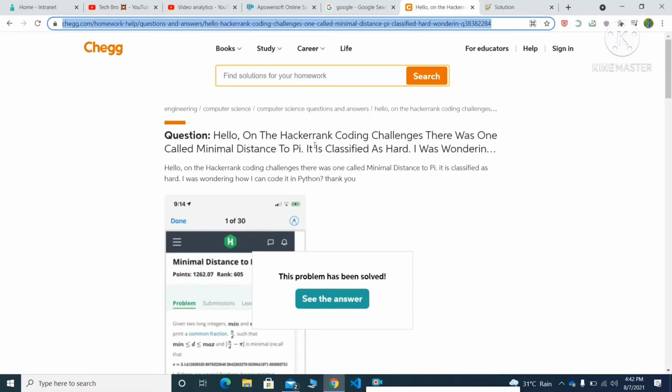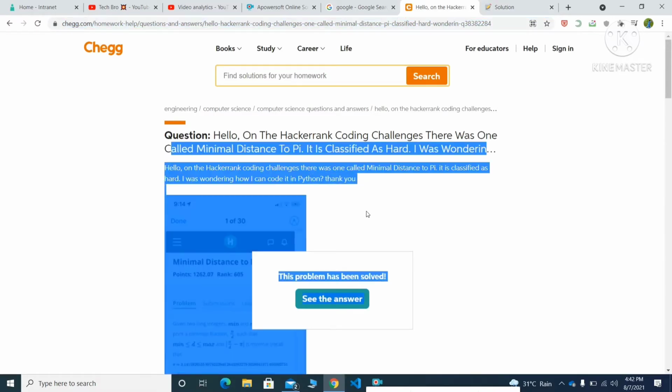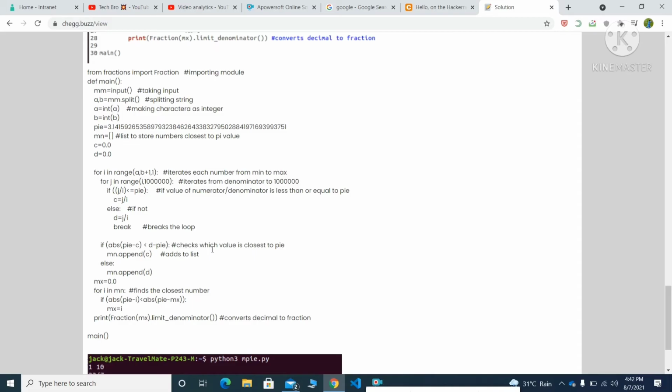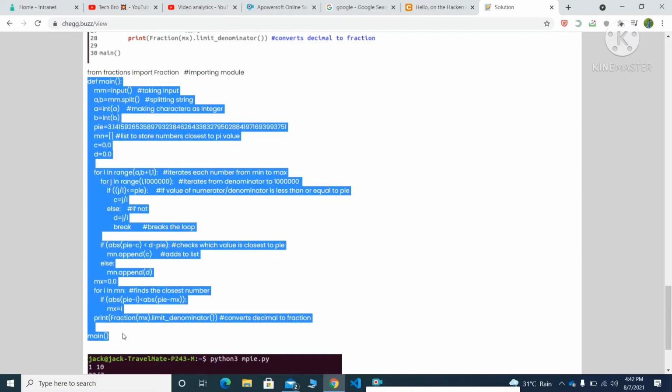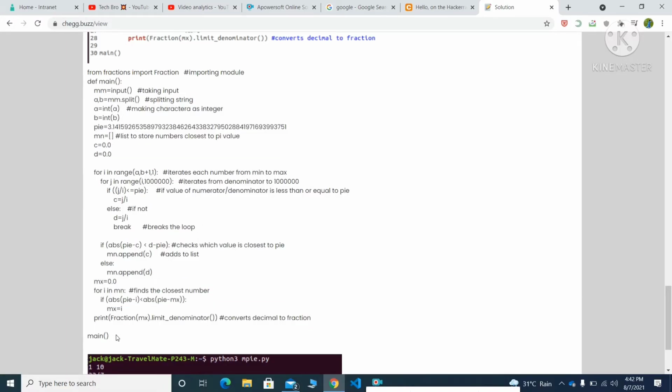Look at this. This is a Chegg question. I got the question, and here I also got the answer. I have some 15 or 30 minutes to complete the test, and all these things we cannot write within 15 minutes. We cannot type it. Even if we type, maybe because of some small mistakes, the submission will go wrong.